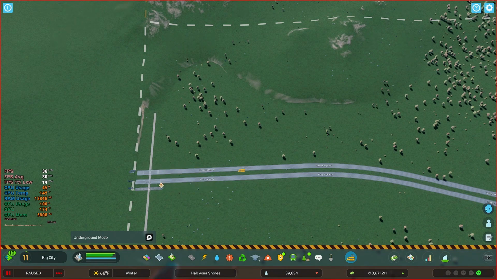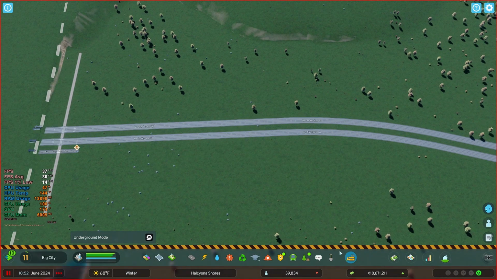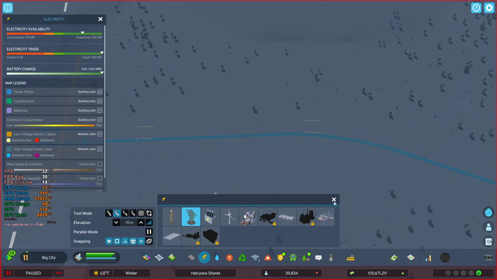So eventually I want to have two power lines running underneath the roads, because that way they can carry dual bandwidth, so to speak. But the major power plants, I'm gonna have to try to put near the edges so that I can put them right out into trade, so I don't have to worry about them carrying through the lines, because I really had some issues with my other playthrough